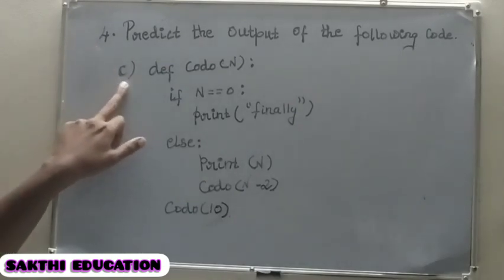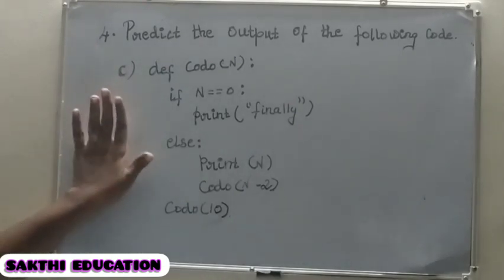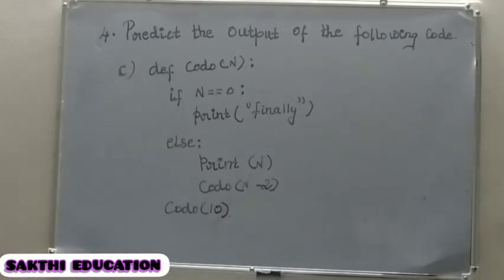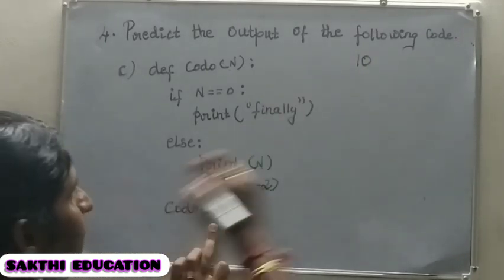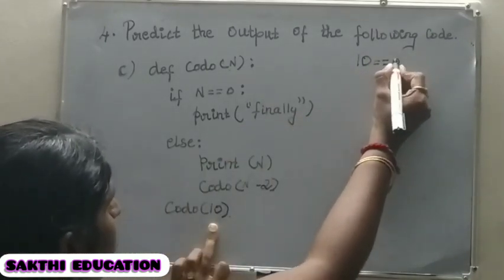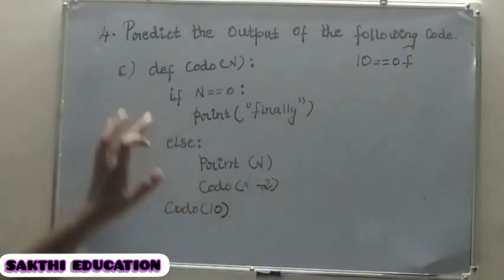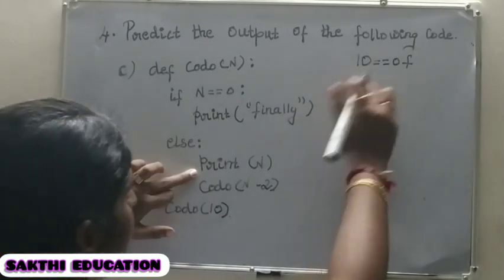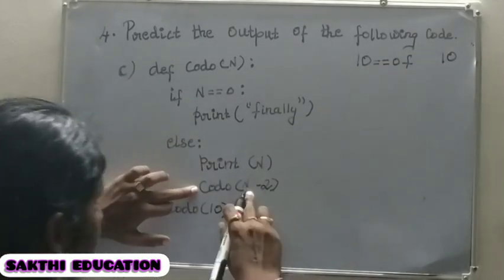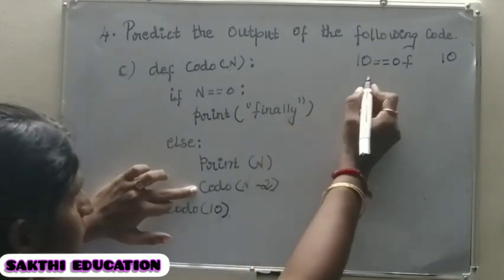See, fourth C option. You have to find out the output for this code. See, here in the previous statement I used an argument as 15. Now it is 10. You have to work with 10. Okay, first 10 is passed to this n variable, and we are checking n equal to 0. It is a false statement. So if it is a false statement, the control transfers to the else part. Print of n, your n value is 10. And then we have to reduce by 2. 10 minus 2 is what?